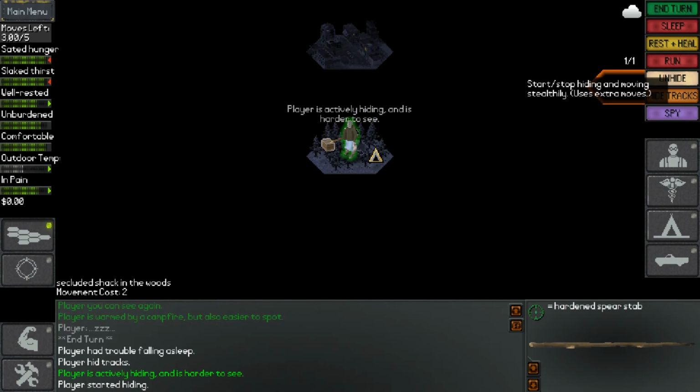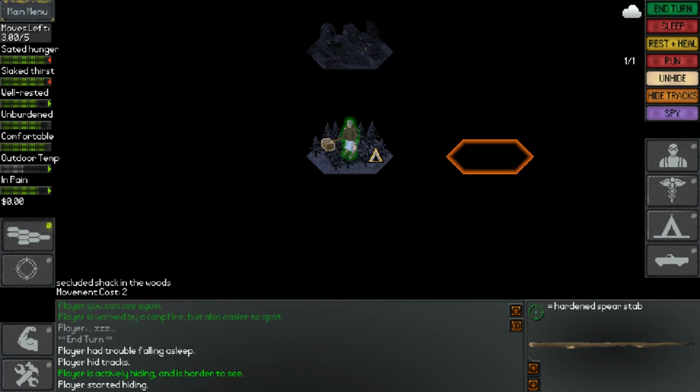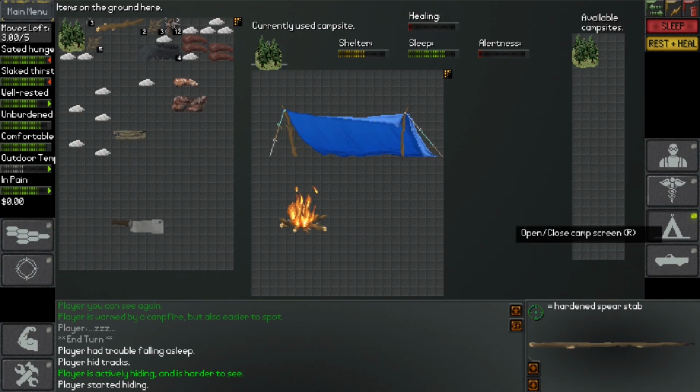Let's see. Okay, we're starting to actively hide. Let's see if we go to our camp, if that makes our... I don't think we have the ability to see how good our hiding is. That is something that comes with an ability, but we can see alertness and healing. Now, I don't have that alertness yet. I'm going to need to make a...